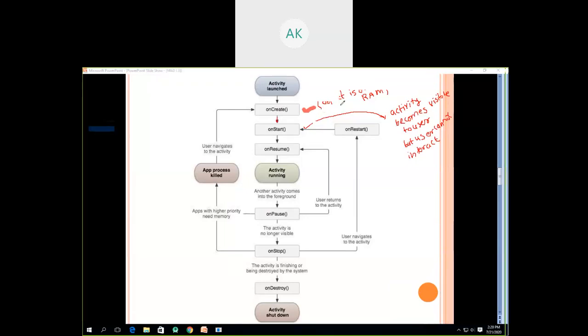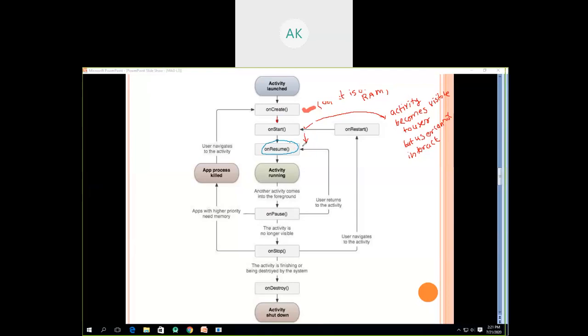From onCreate, the activity goes into onStart. Whenever onStart is called, the activity is visible but the user cannot interact with it. It's just a small time period where the activity is in onStart, and after that it goes to the next method, called onResume.